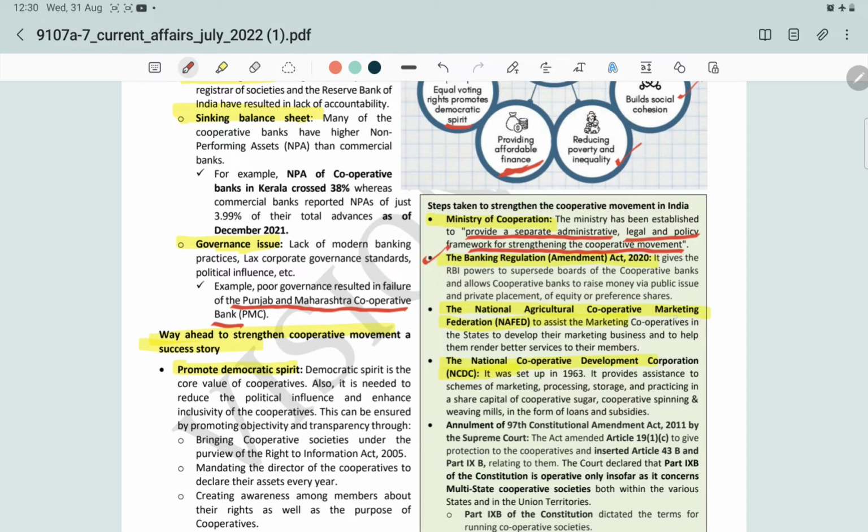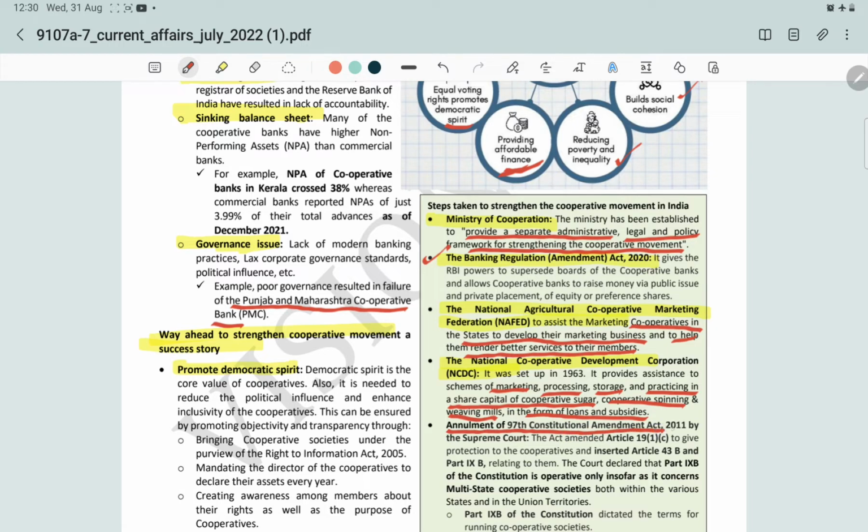The National Agricultural Cooperative Marketing Federation, NAFED, is to assist the marketing cooperatives in the states to develop their marketing business and to help them render better services to their members. And the National Cooperative Development Corporation, NCDC, was set up in 1963. It provides assistance to schemes for marketing, processing, storage and participating in share capital of cooperative sugar, cooperative spinning and weaving mills in the form of loans and subsidies, and the most important is annulment of